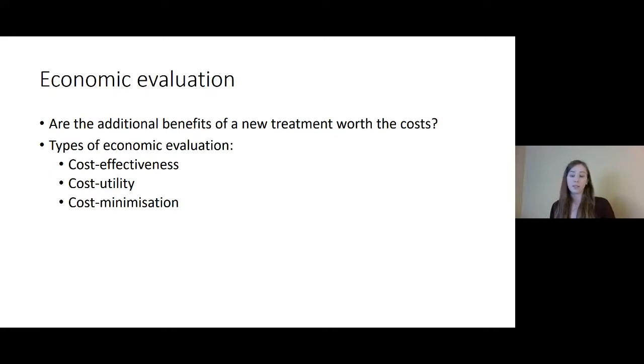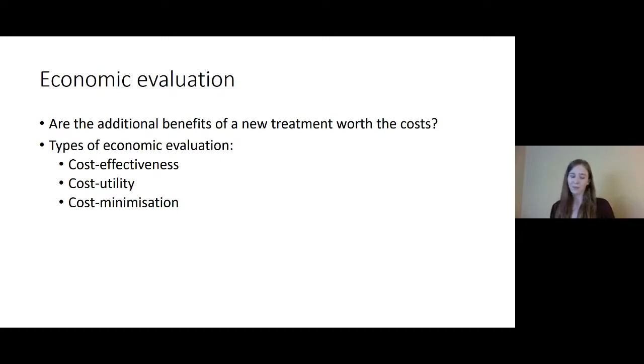The other type, which is the one that is a little bit more preferred, is cost utility analysis. And this is cost per health outcome, but in a universal way. So if you've ever seen quality adjusted life years talked about, they're usually abbreviated to QALYs. They're a little bit controversial, but what they're for is they're about taking those clinical effectiveness measures and turning them into something universal. And so cost utility analysis is one of the ones that you'll see most frequently if you're involved in something like a